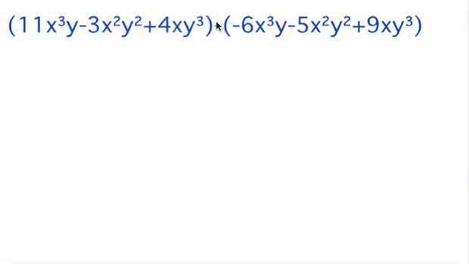So here we go. What we're going to do is remove the brackets. Now in front of the first bracket, I don't have anything, right? So just think of it as a big +1, or a big positive dude outside the first bracket. The positive dude, remember, is happy with everyone the way they are. No one changes. So this remains 11x to the power 3y minus 3x squared y squared plus 4x y